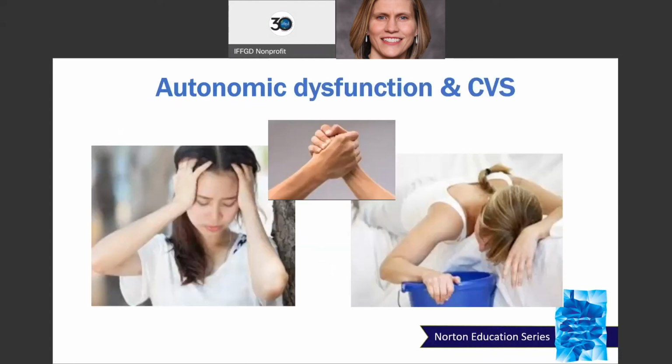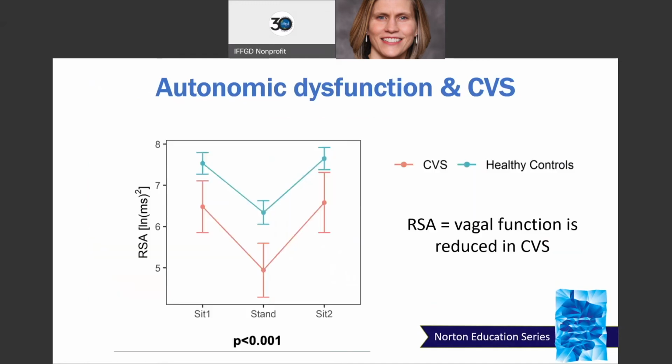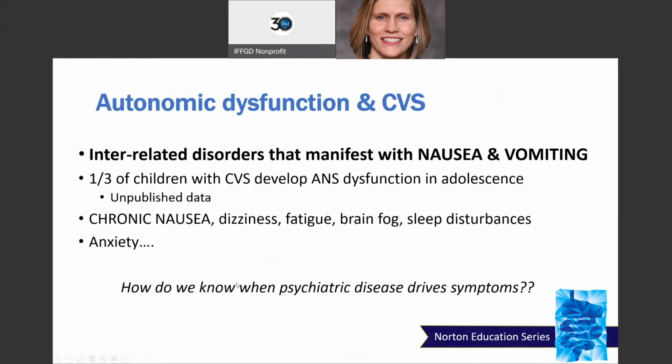Unfortunately, the autonomic dysfunction I mentioned actually overlaps with cyclic vomiting. And we have just found this data: to put it simply, the parasympathetic nervous system, whose main nerve is the vagus nerve, has reduced vagal function in children with CVS. We haven't published this yet, but it's very interesting to see that patients with CVS, the orange here, are markedly reduced in their vagal nerve function compared to healthy controls. This has been shown a little bit before in both adults and children, but this is some new data that's pretty solid and shows that there's an interesting tie here.